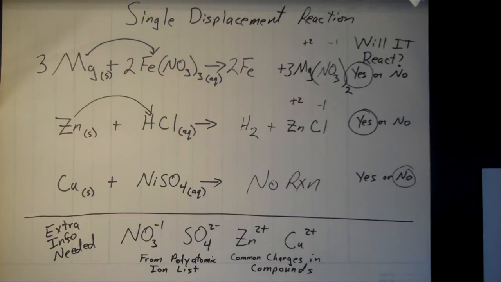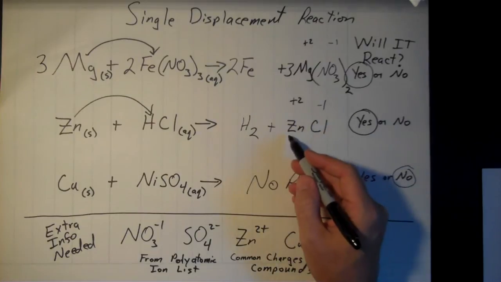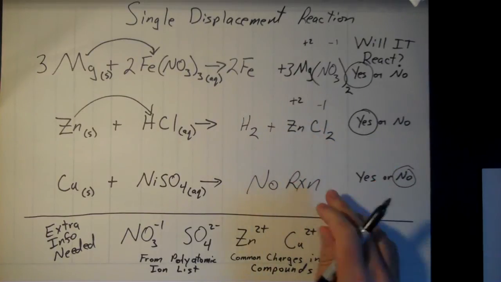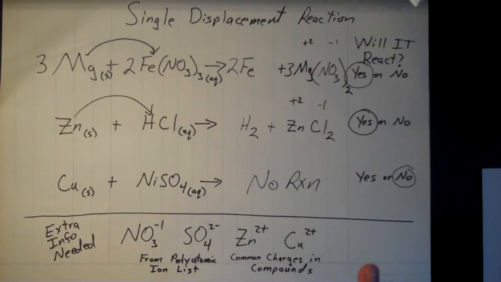And so as we've done before, when they have different charges there, we need to crisscross that, balance out that charge. I need 1 zinc and 2 chlorines. Again, that crisscross trick doesn't always work, but it does in this particular case. Sometimes you have to simplify it, but here it's already in its simplest form. All right, so that balances out the positive and negative charge there.